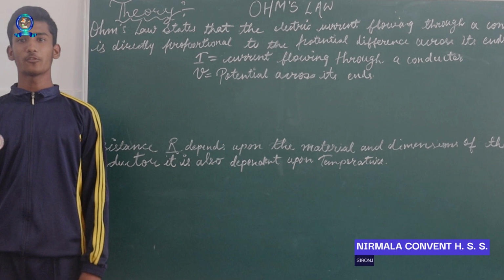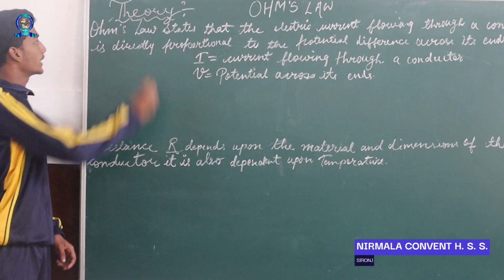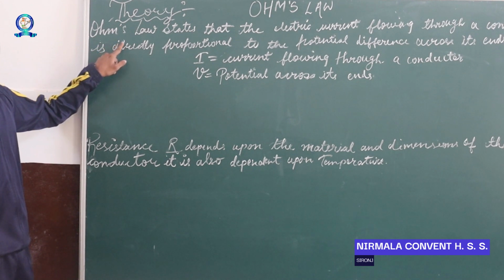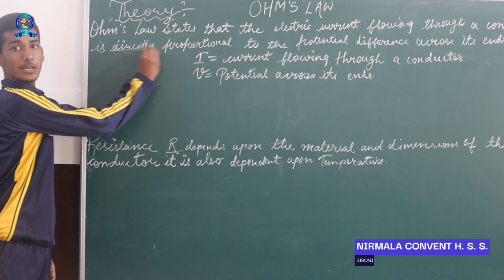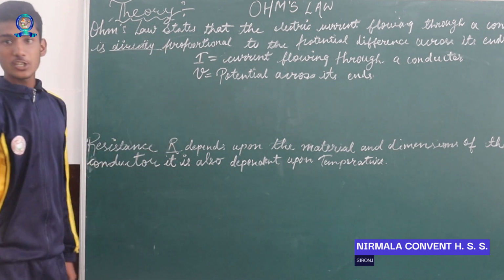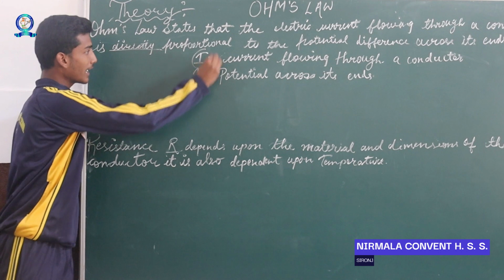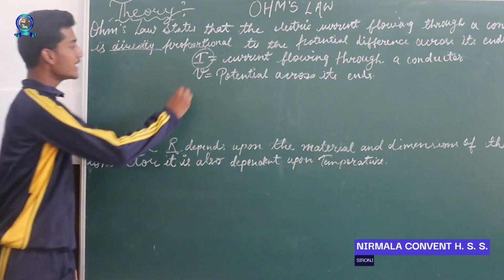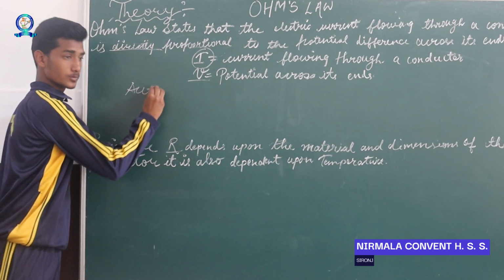Today we are going to perform an experiment on Ohm's law. So let's start with the theory. Ohm's law states that the electric current flowing through a conductor is directly proportional to the potential difference across its ends. Meaning, if I is the current and V is the potential difference, then according to